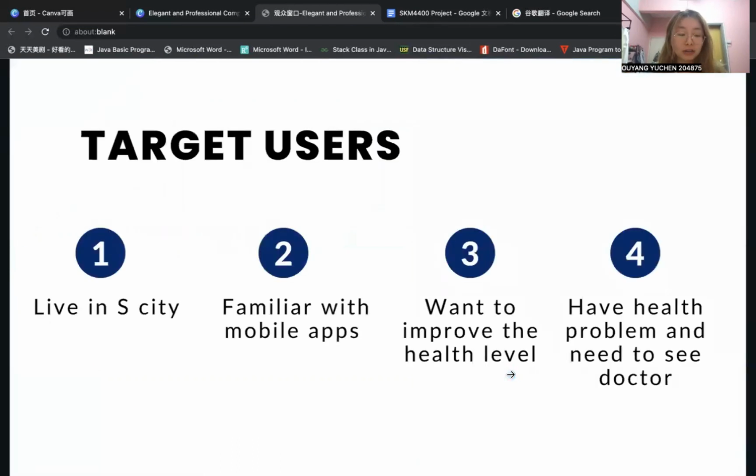Before I start talking about the application part, which is about user requirements and functional requirements, I'd like to give a brief introduction about our target users. Below are the requirements they need to meet so that they can use our application. So first is about the